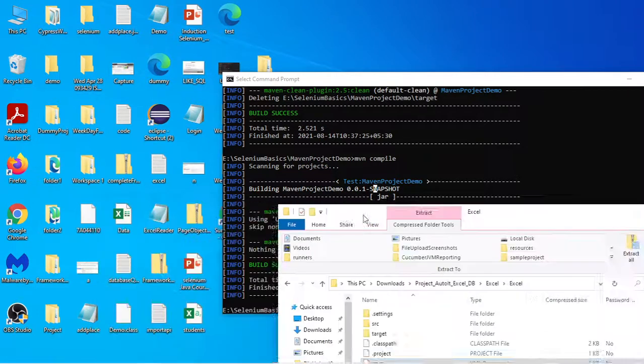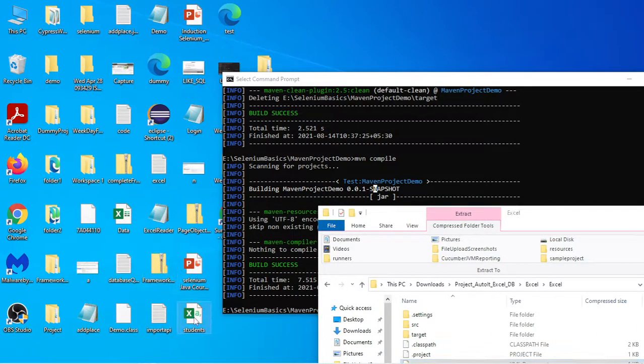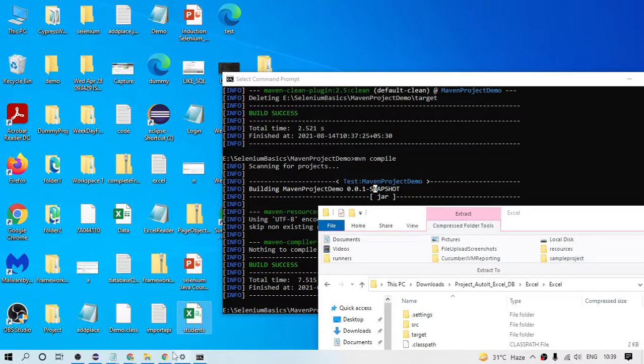So now let us see, suppose there is one Excel file. So some data I have entered into this Excel file. I want to get the data from this Excel file, and then I want to use that in my test case. How we can do that?